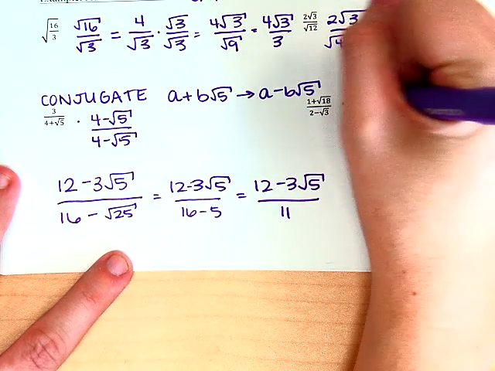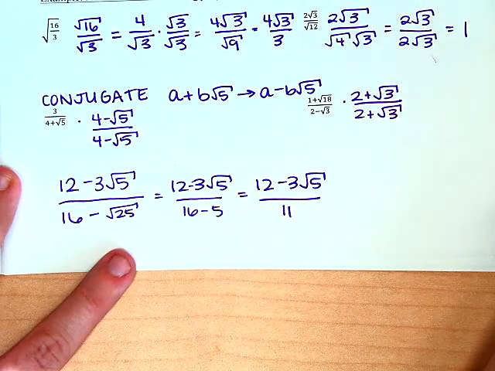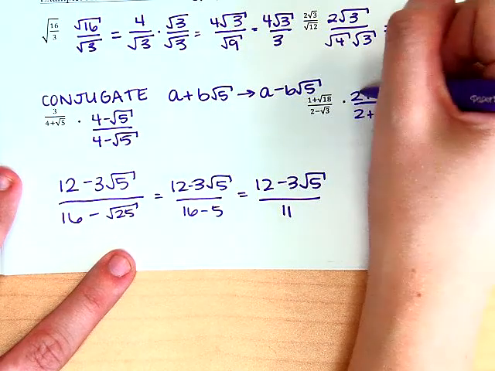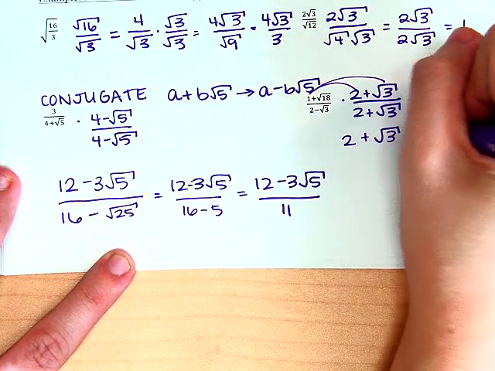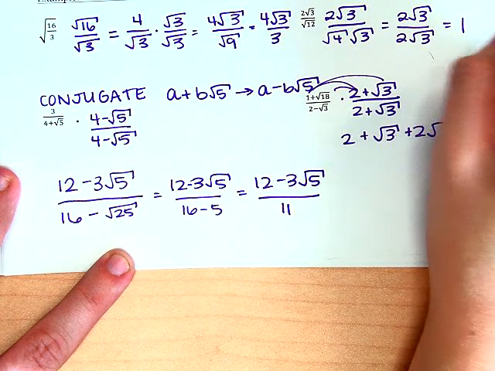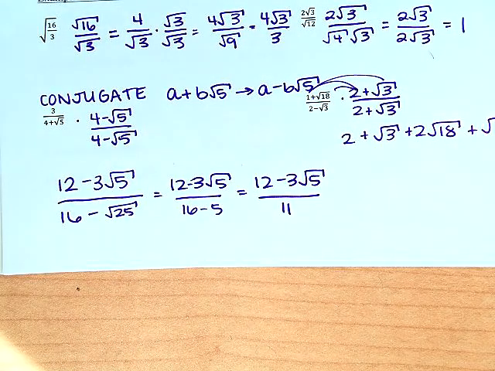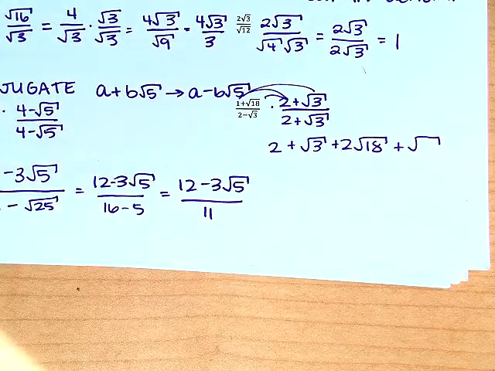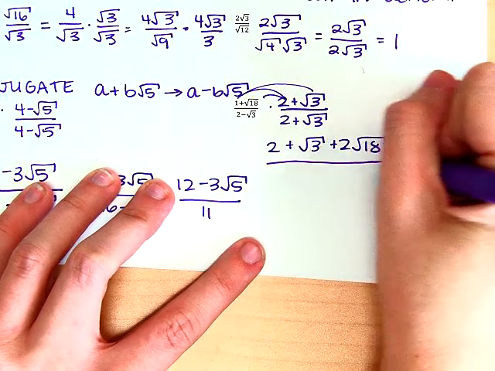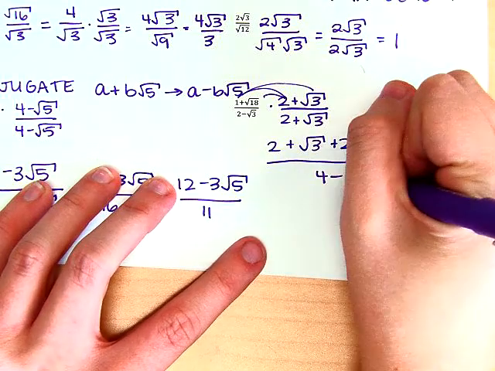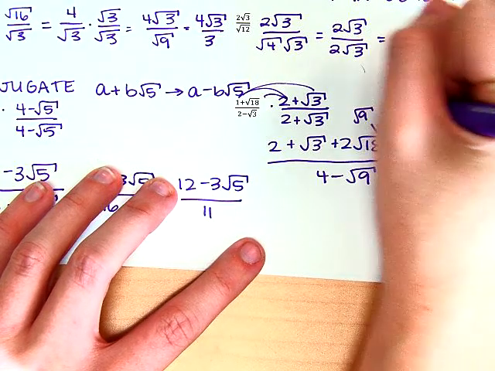So same thing here, we're going to multiply by 2 plus square root 3 over 2 plus square root 3. So then when I FOIL on top, I have 2 plus square root 3 plus 2 square root 18 plus square root 18 times 3, which gives me 54. And then on the bottom it's conjugate, so I only have to do the first and the last. Now we're going to simplify a bunch here. So this is 9 and 2,